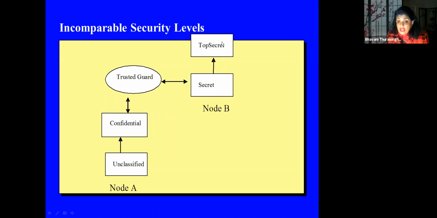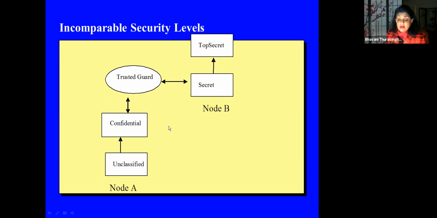But still, they have to talk to each other sometimes. In some very strict cases, they will say, no, you cannot talk. However, they might be able to communicate through a trusted person. So in the real world, when they want to exchange data, a trusted person will look at all of the secret data and see, is there anything that I cannot share here? So downgrade it and send it to this person. Hand carry it. But we can do it with a trusted processor called a trusted guard. And these guards were developed in the 80s and 90s.